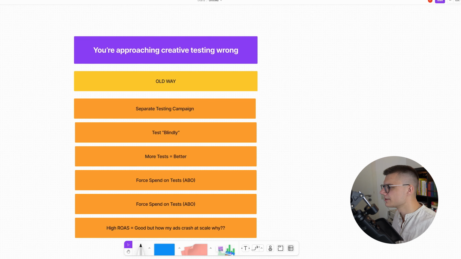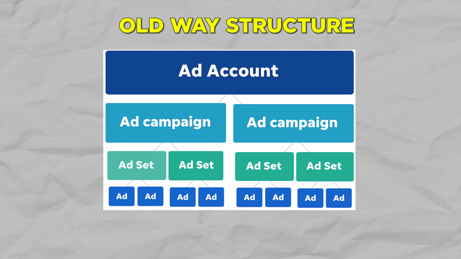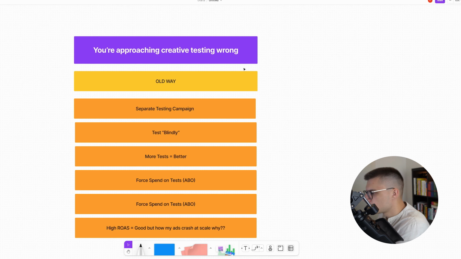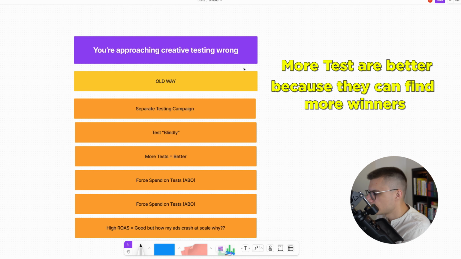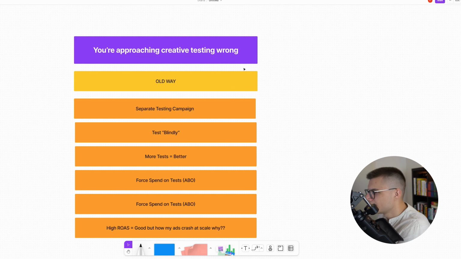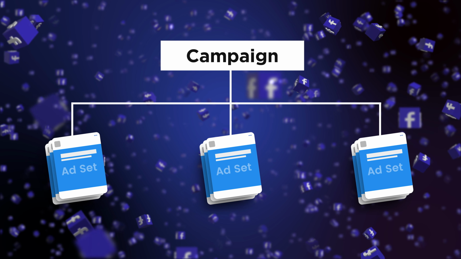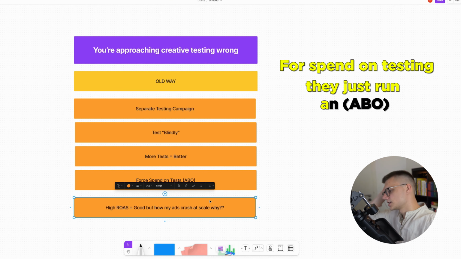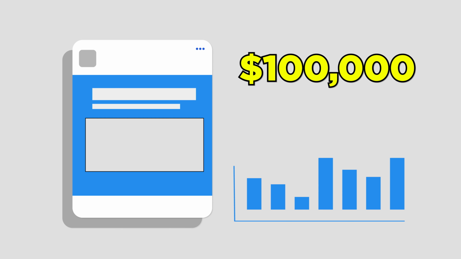You are approaching creative testing the wrong way. Let me explain. The old way, or how most people are doing creative testing, is they have a separate testing campaign. They test blindly, quote unquote. They just find new creatives which they think could be a winner, and they think more tests are better because then they can find more winners. They have one ABO campaign where they put all of their tests. They just force spend on tests, spending thousands of dollars on testing,